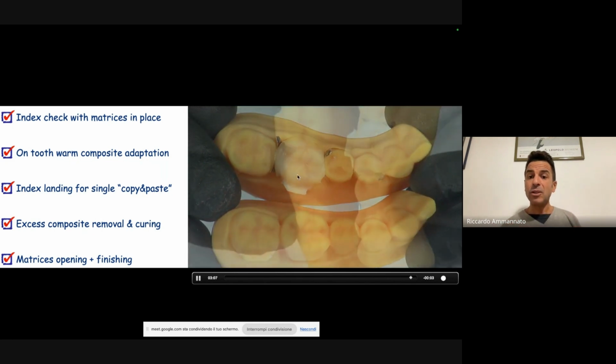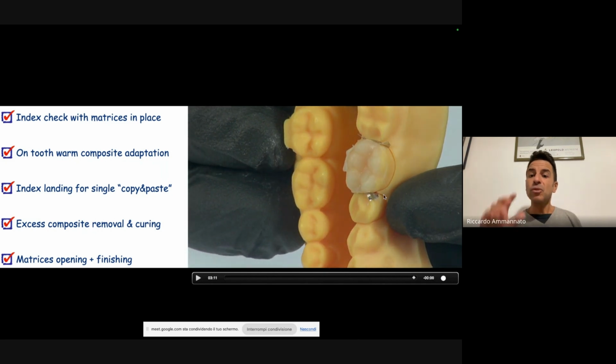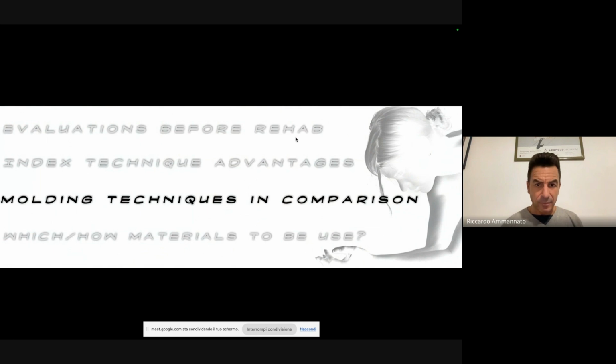And this was the project, and this is the copy paste. And again, what I want to highlight is that, due to the fact that we have a single index, the interproximal management of the finishing is fast, easy, and predictable. So let's go to the next chapter, the molding techniques in comparison.